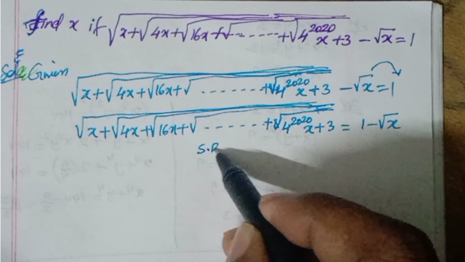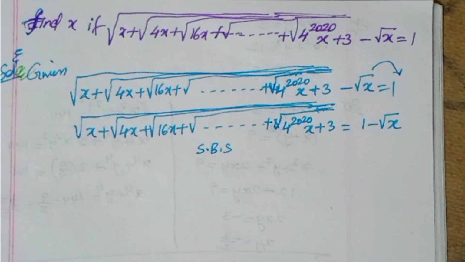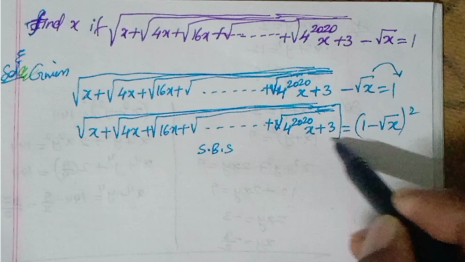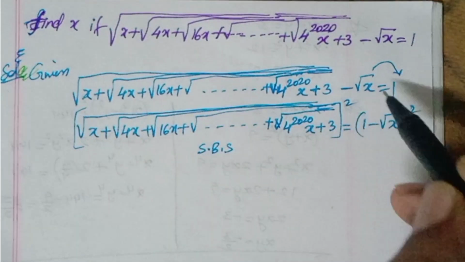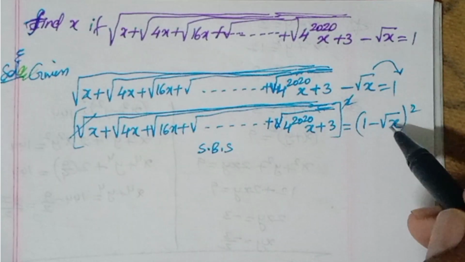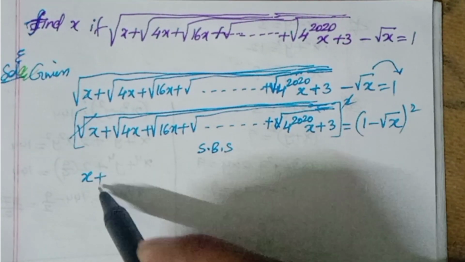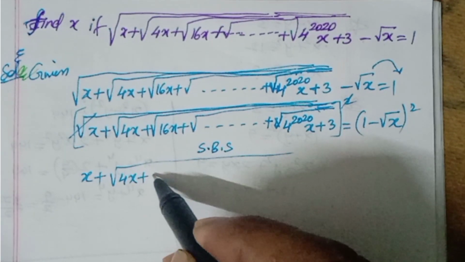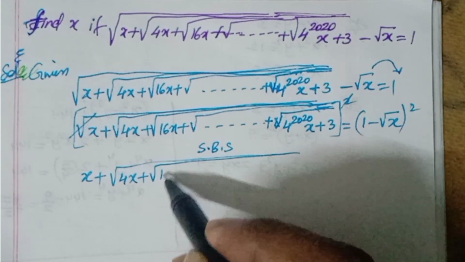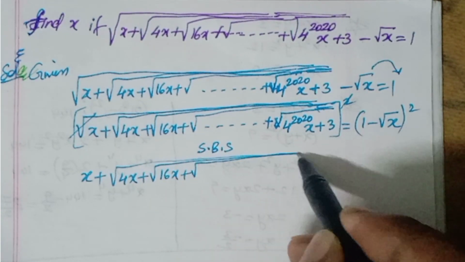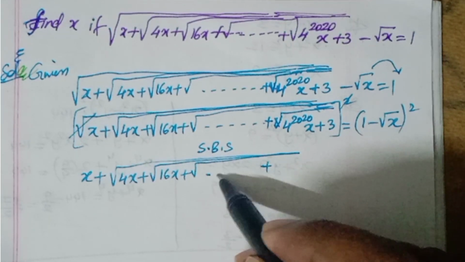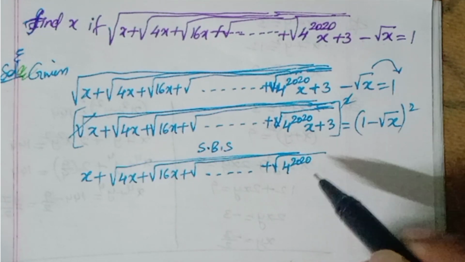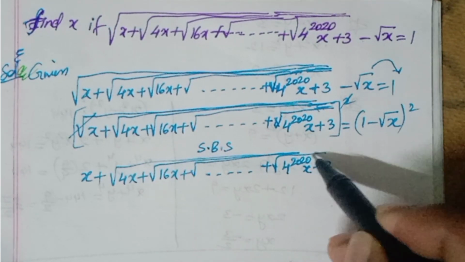Now squaring on both sides. This is the logic we are having. Squaring on both sides, here you will get a whole square, here also you will get a whole square, so the square and square root will get cancelled. Here what we get is x plus square root of 4x plus square root of 16x plus so on, square root of 4 to the power of 2020 x plus 3